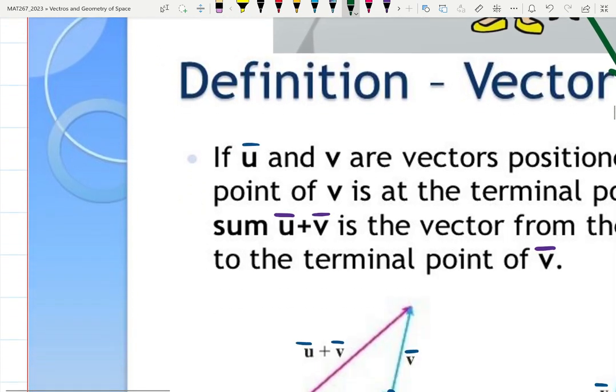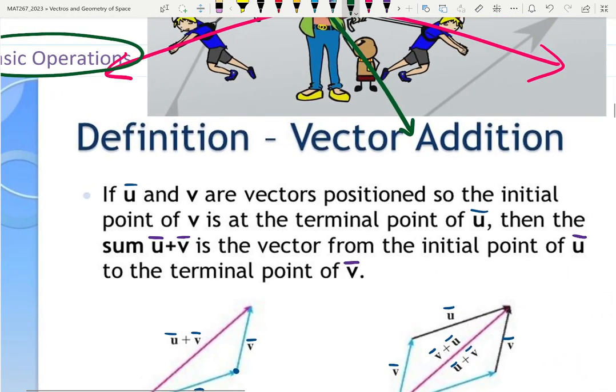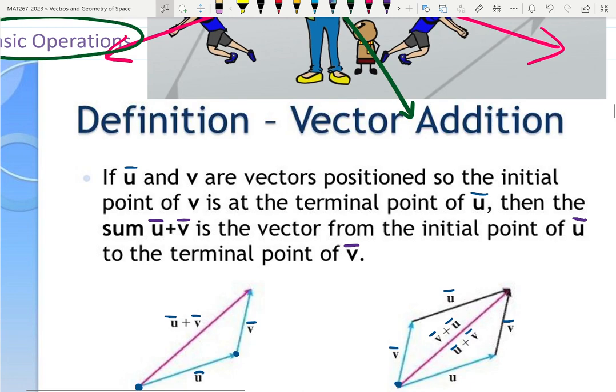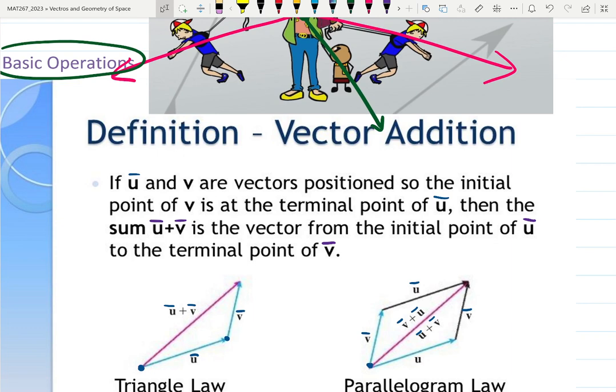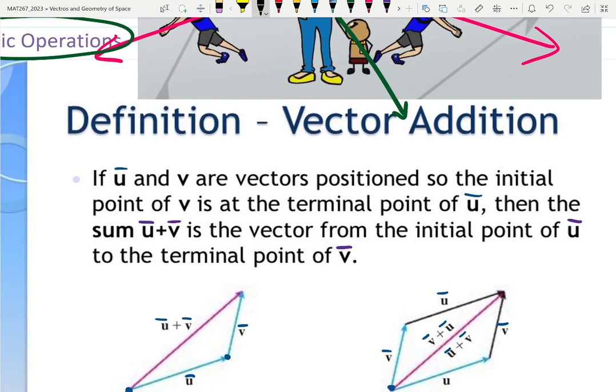Now, I guess let's write this down. But I just like the visualization of this. And I know the students appreciate visualization a lot. Many of us are visual learners, so I try to visualize everything. This is a definition of the sum. Let's write it down. If U and V,